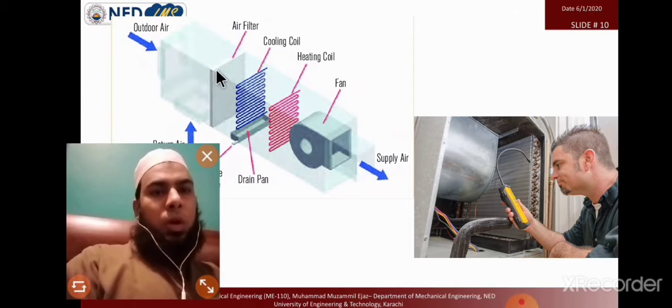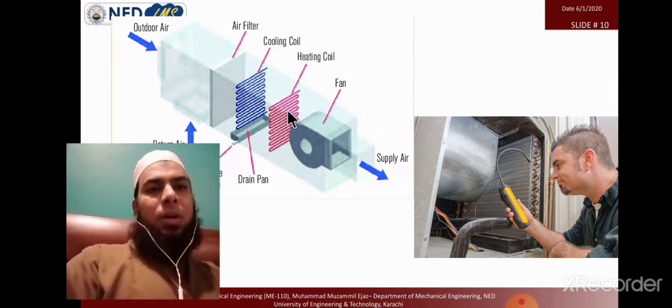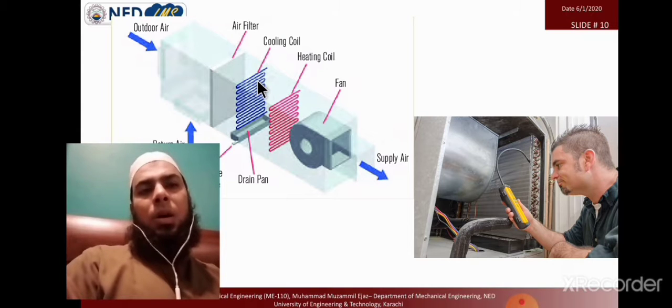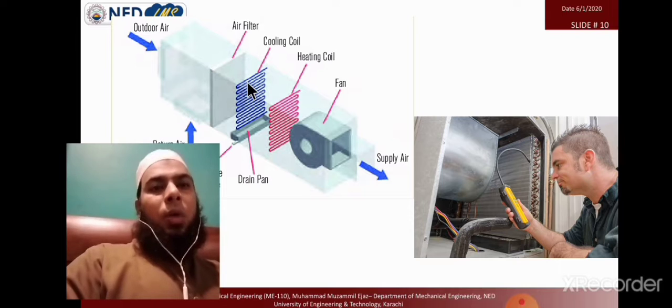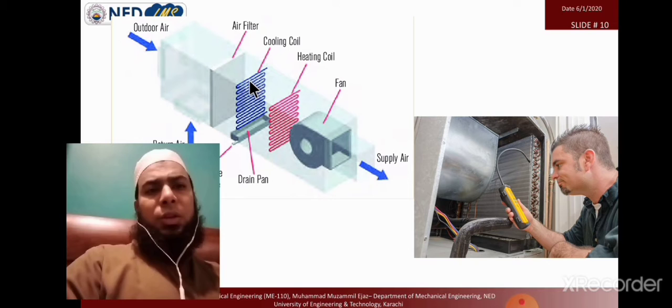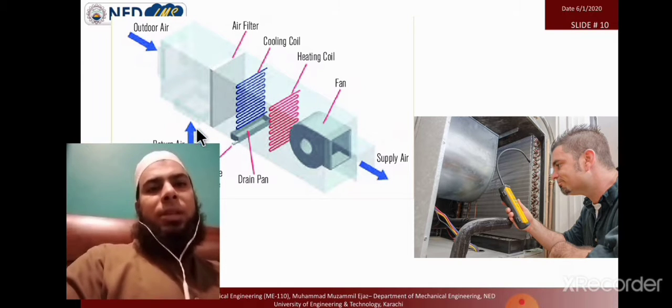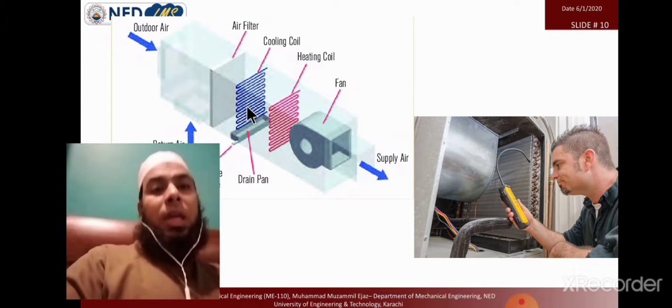Similarly, in the second method, we cool down the air. This is basically the schematic of an air handling unit. This is the cooling coil. The cooling coil could be a refrigerated one or a chill water one. We already learned the chill water circuit too, the chill water chiller too. So in the cooling coil, the air cools down to the dew point, and after reaching the dew point it expels the water, and that's why from the indoor unit you can see the water running out. It collects in these trays and then goes out from this air handling unit, and then it is reheated